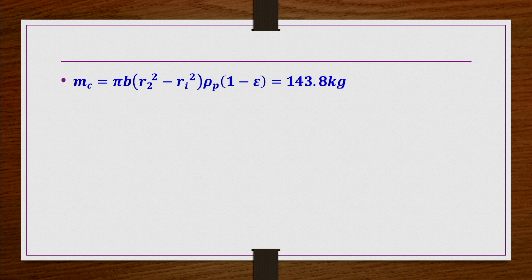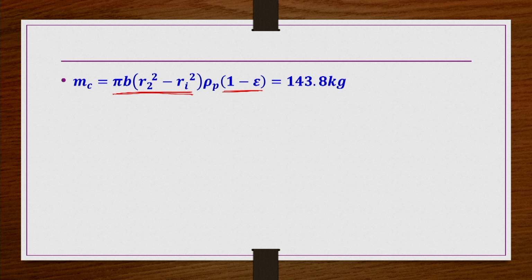So now everything is known here except MC. MC is the volume of the cake that you have to find, multiplied by the density of the particles. The cake lies between R2 and Ri; only within that distance is the cake there, and within that only solid particles are there. So pi b into R2 square minus Ri square, multiplied by 1 minus epsilon, gives the volume of the particles within the cake,